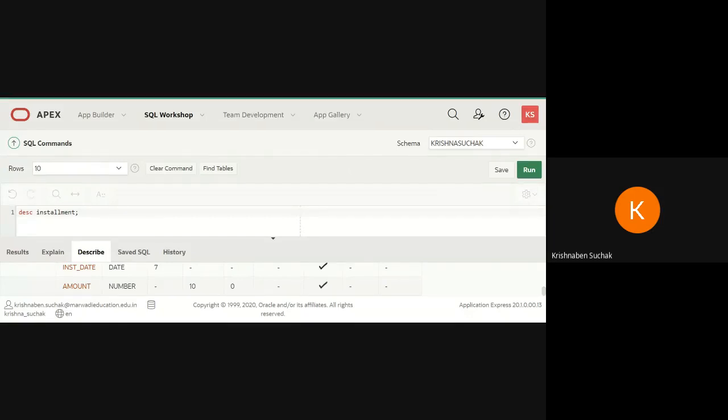So our next query is update installment set amount. Here it is said that change the amount 15,000 to 5,000 where loan number is L001. So we have already done that. Update installment, that is our table name, set amount equals to 12,000, where constraint is given, loan number is L001. So I'm writing here loan number, this is my column name, loan number equals to L001.